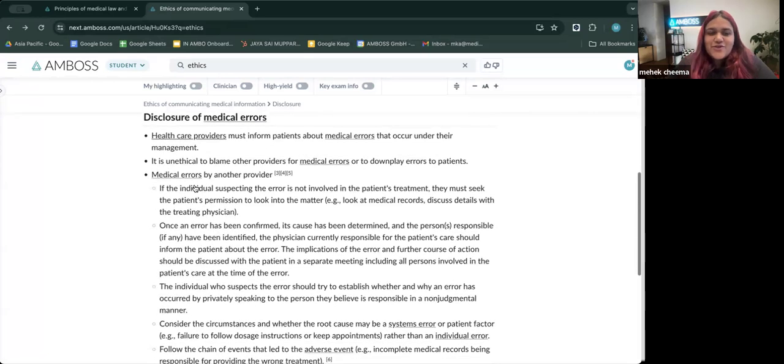Apart from that, disclosure of medical errors. I understand that we're living in a time right now where even the topic of medical ethics seems very gray, with all the violence against doctors that's happening, with everything that is happening around us. It is scary. However, again, you need to remember, the patients deserve to know what's happening to them. Because whenever you're in doubt about whether or not you should tell them, put yourself in that position, a position where you would like to know.